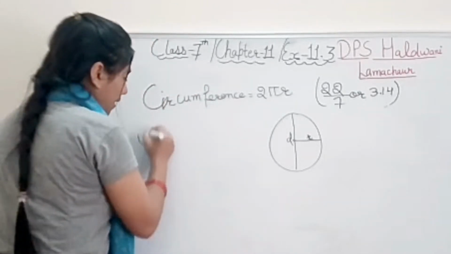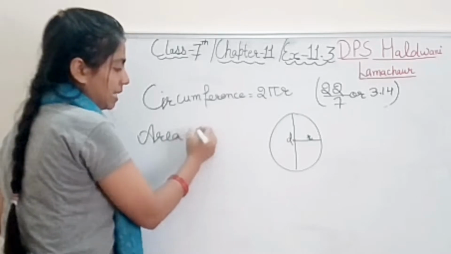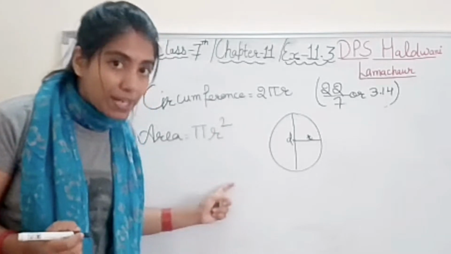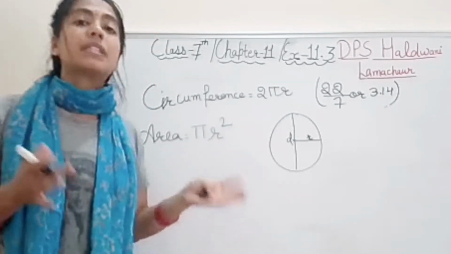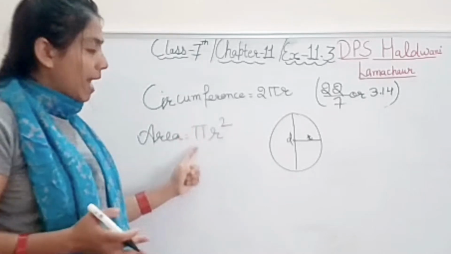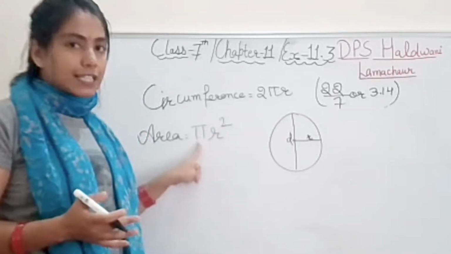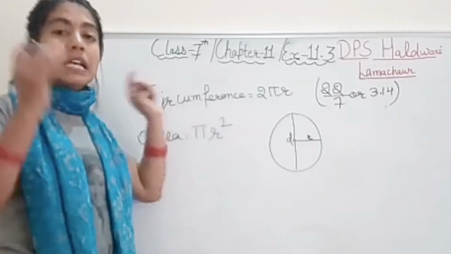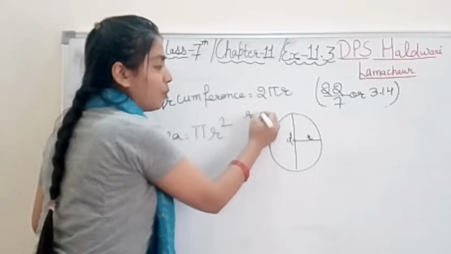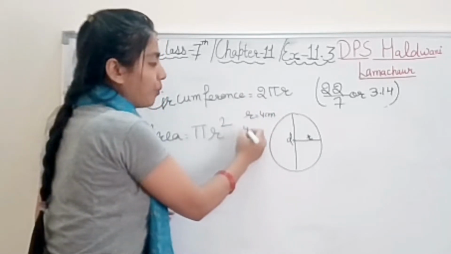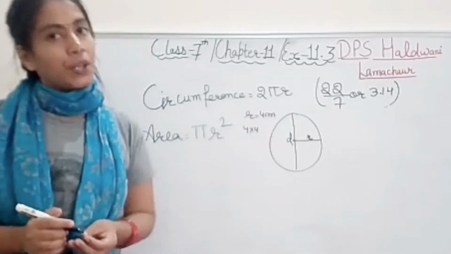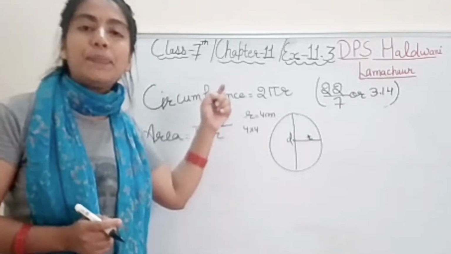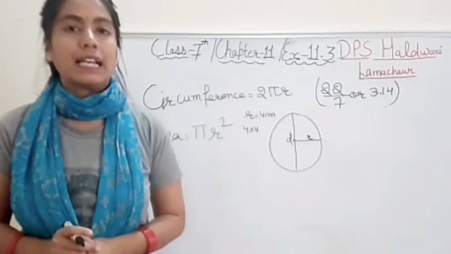So what is area now? The area of a circle is pi r square. You need to learn these formulas. So write down these formulas before starting the exercise. Right? So pi r square. This pi is a constant term, value is this only. R square means, suppose if r value you have is 4 centimeter, so r square means 4 into 4. Right? Okay students. So area of a circle is pi r square. On the basis of these two terms, we will have some exercise questions.